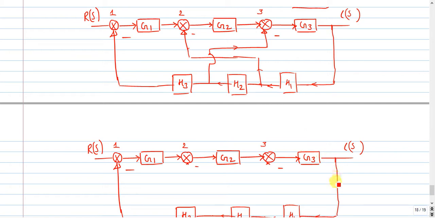I will take a takeoff point and it is moving to H2, with the output from only H1. So this will be my first path, followed with